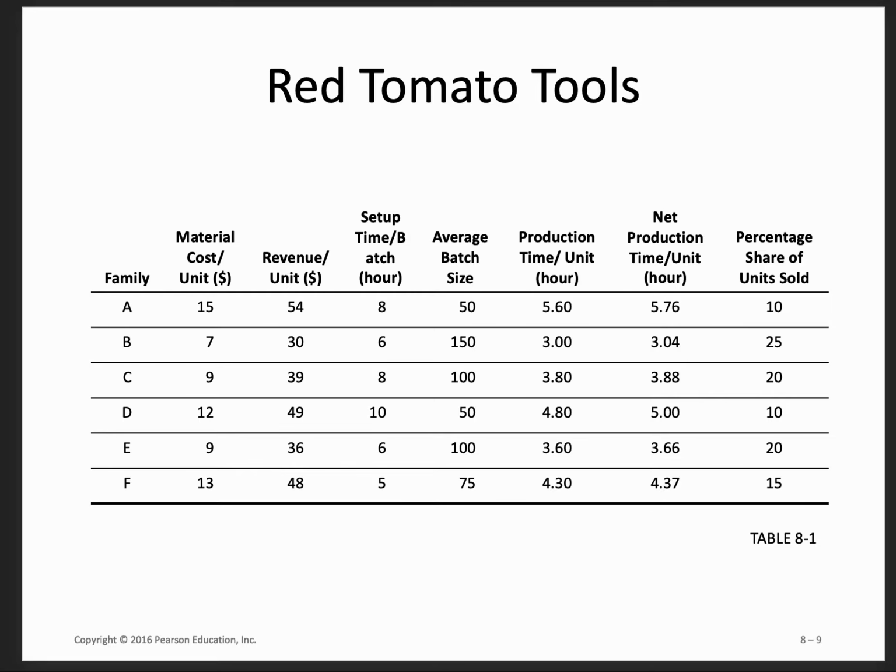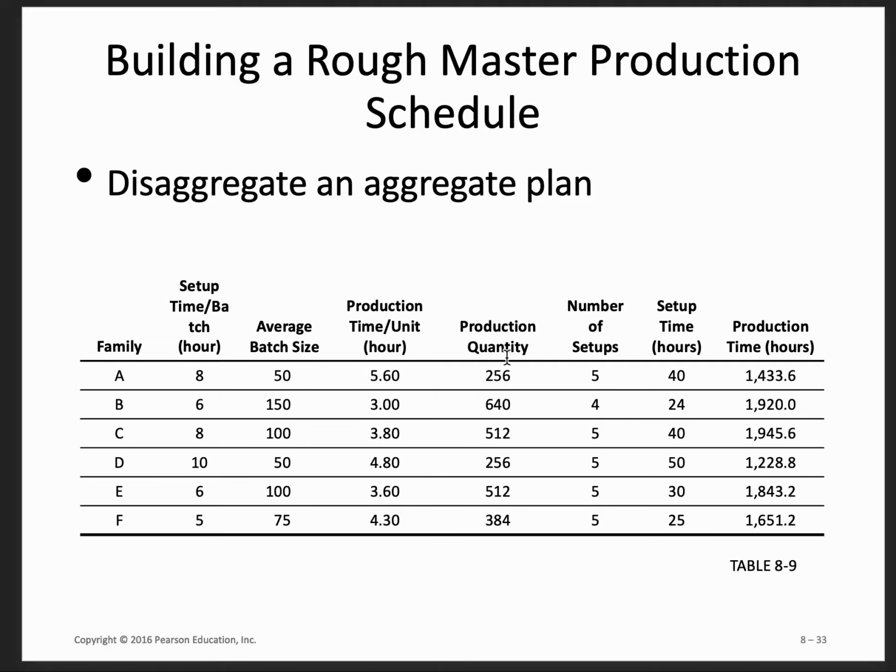So we take the production quantity and divide it by the batch size, then round it down to give the number of setups. 256 divided by 50 is 5.15 something, and if you round that down, you get the number of setups equal to 5. So you have to set up